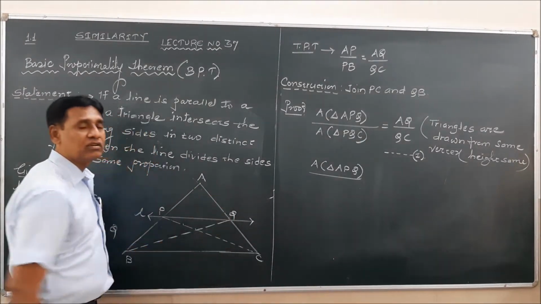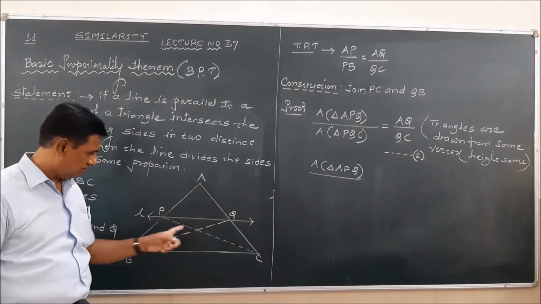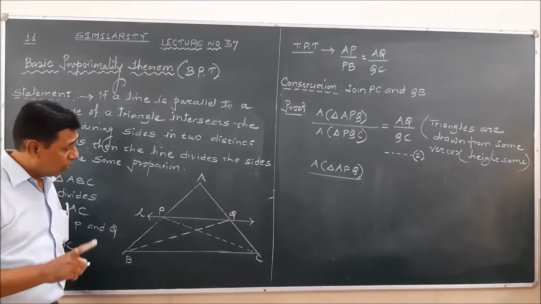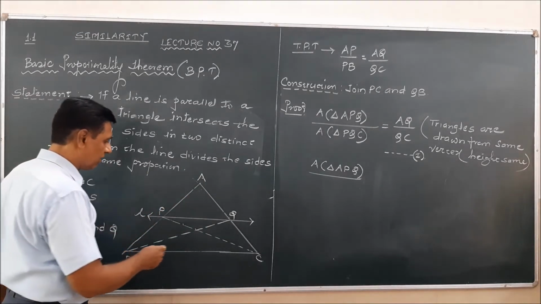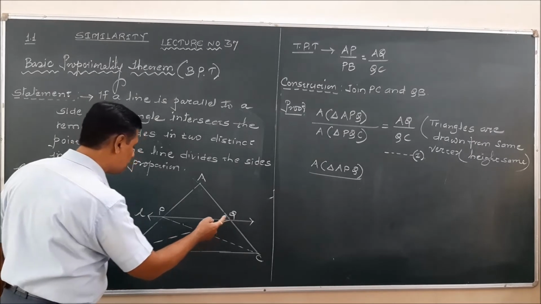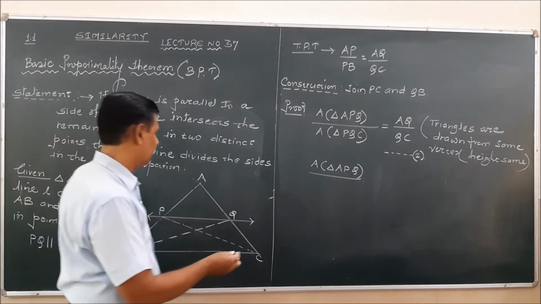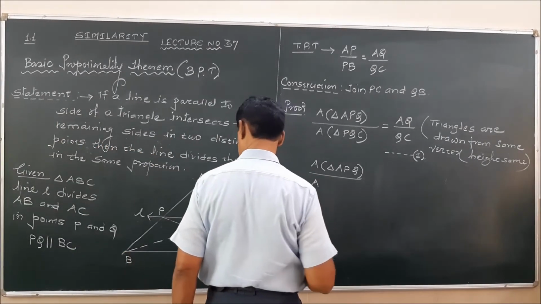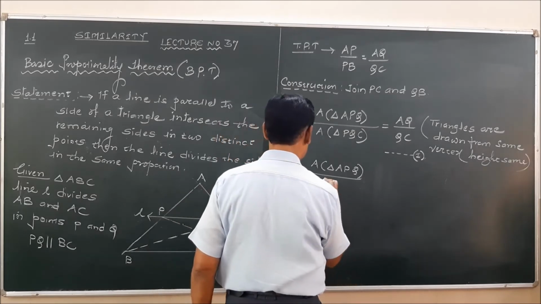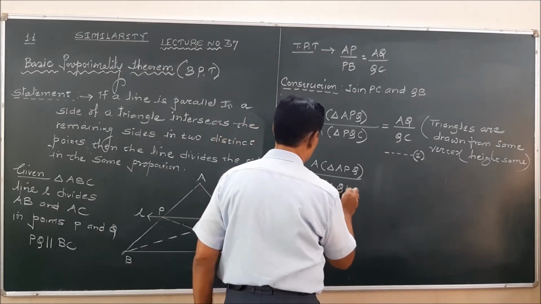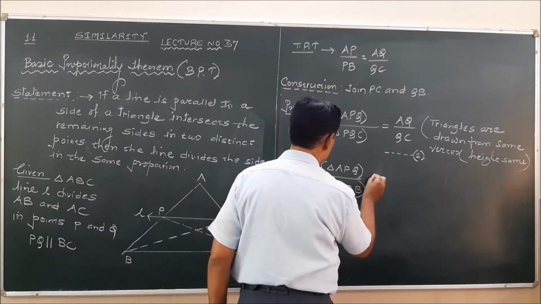This time I am considering triangles drawn from vertex Q. One more triangle is there, which is QPB. That is equal to